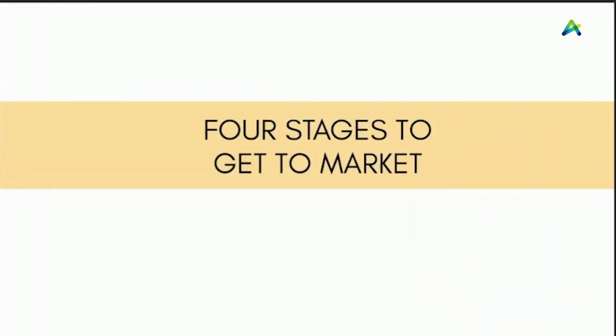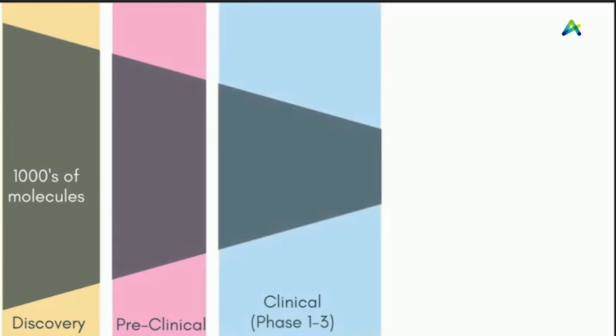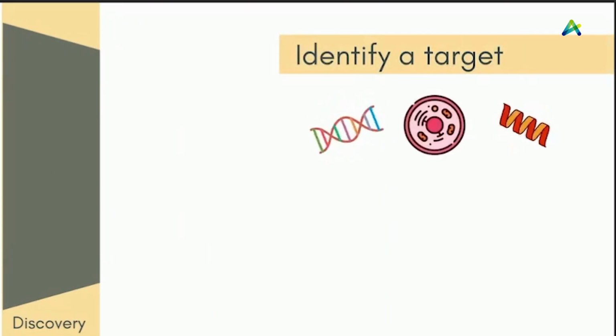The whole process takes place in 4 stages, starting with the discovery phase with thousands of drug candidates, taking it through preclinical testing or trials, clinical trials, and finally getting regulatory approval for a single drug product which goes into production. In the drug discovery stage, scientists identify a target, like genetic material, protein, or a cell, which may be